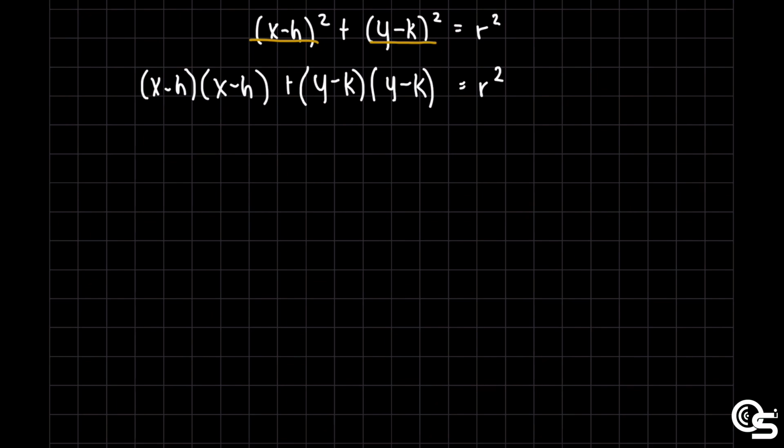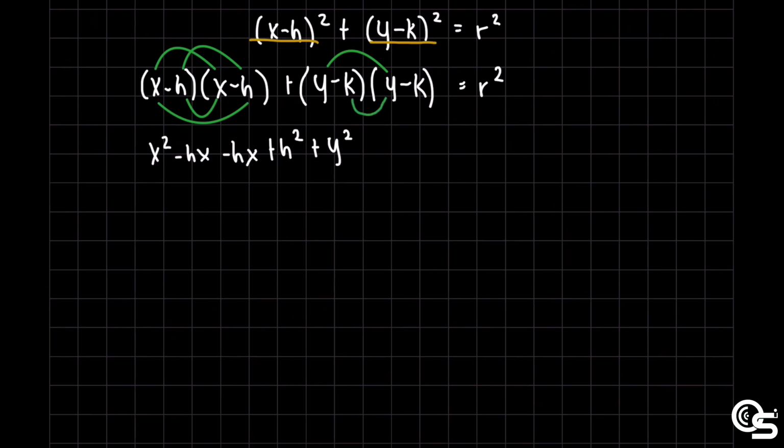Next, we will multiply with the use of the FOIL method. So, x multiplied by x, that is x squared. Negative h multiplied by x, that is negative hx. Then, negative h multiplied by x, that is negative hx. Then negative h multiplied by negative h, that is positive h squared. Then proceed to the other one. We have y multiplied by y, that is y squared. Negative k multiplied by y, negative ky. Then negative k multiplied by y, we have negative ky. Then negative k multiplied by negative k, that will be positive k squared,